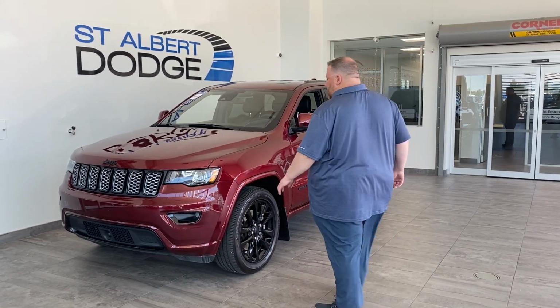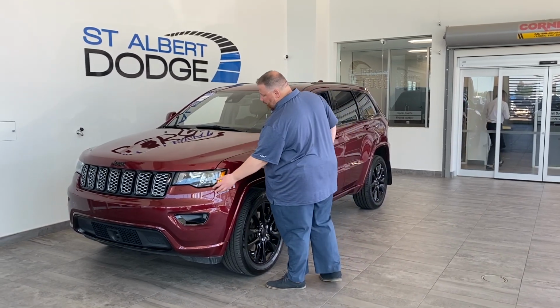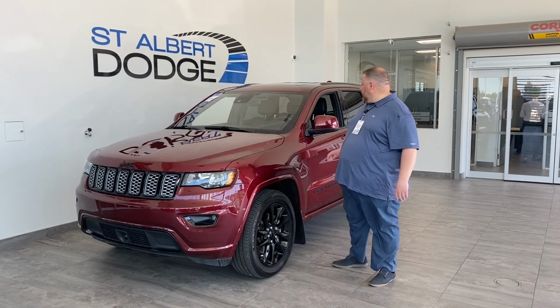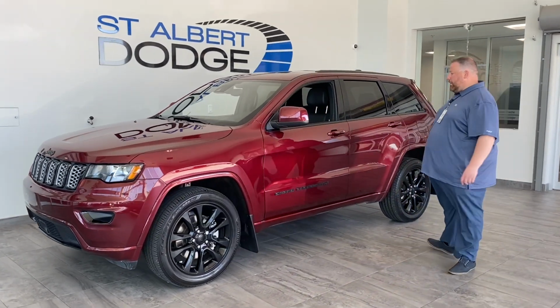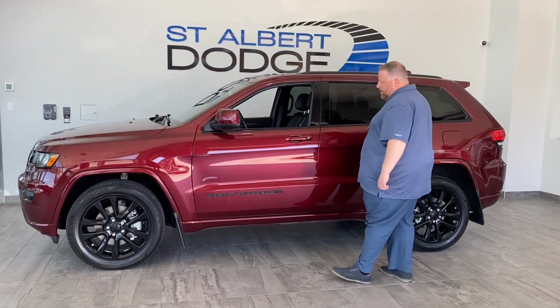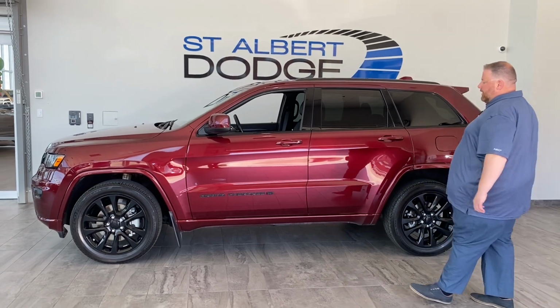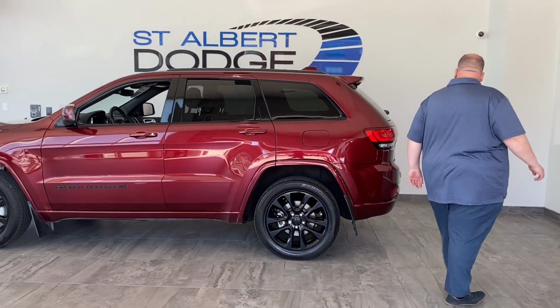paint. Previous owner did put some paint protection film on the hood and the bumper and everything. Looks really sharp. Beautiful red pearl, like I say. Grand Cherokee, it's a 22, so the WK. So with the 22, they get the little anniversary placard right there showing an old World War II Willis Jeep there. Taking a look back here,